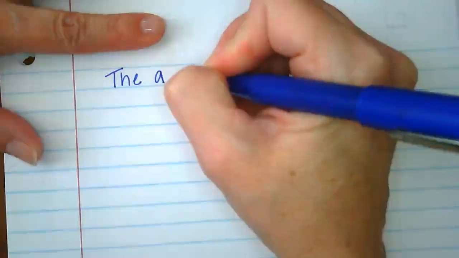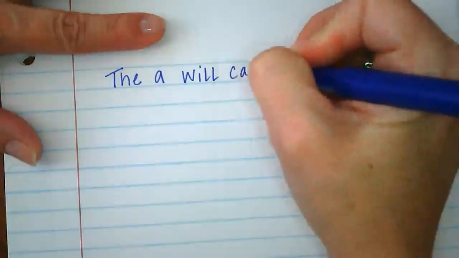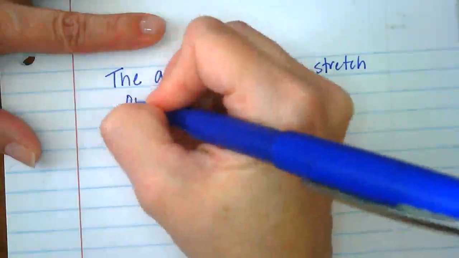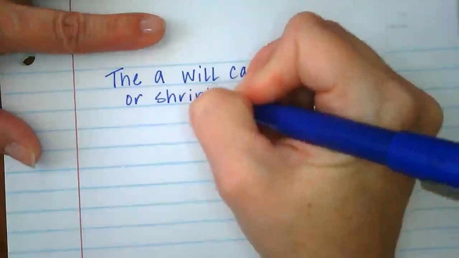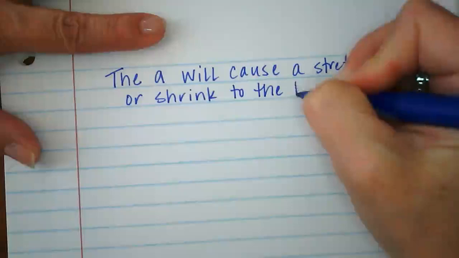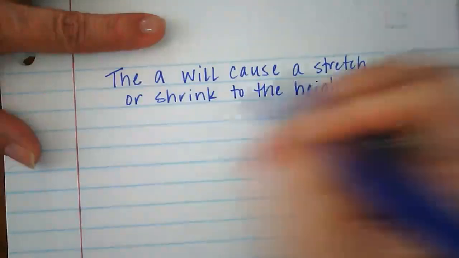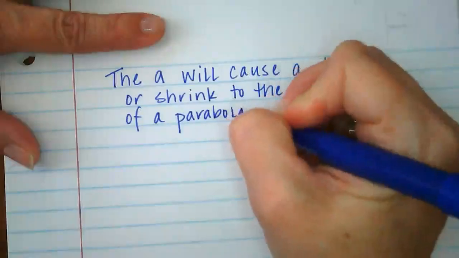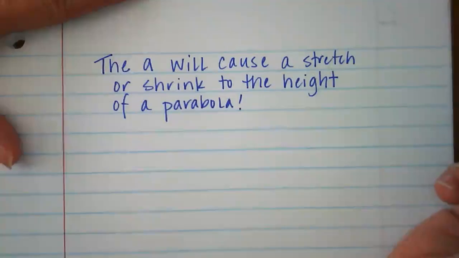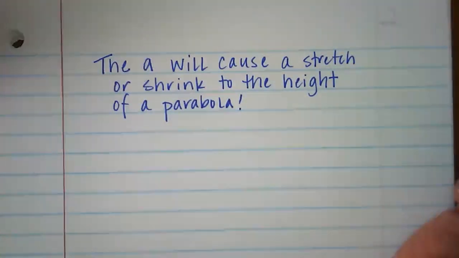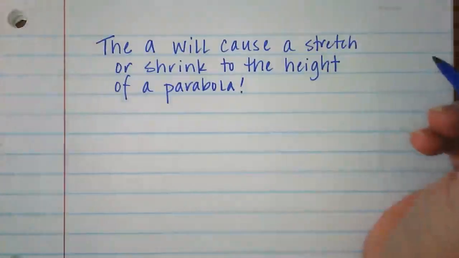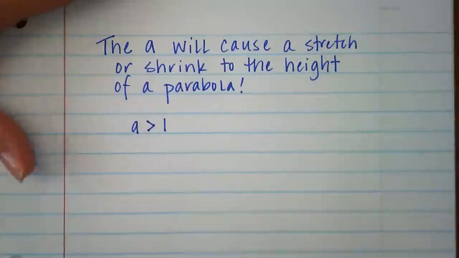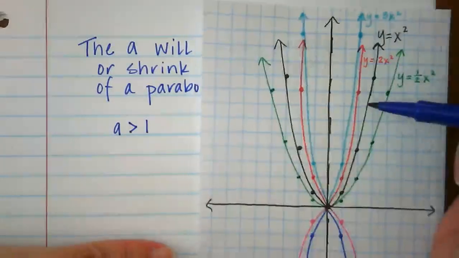So the bottom line here is that the a will cause a stretch or shrink to the height of a parabola. So the a will cause a stretch or shrink to the height of a parabola. All right? So basically the deal is that when a is bigger than 1,